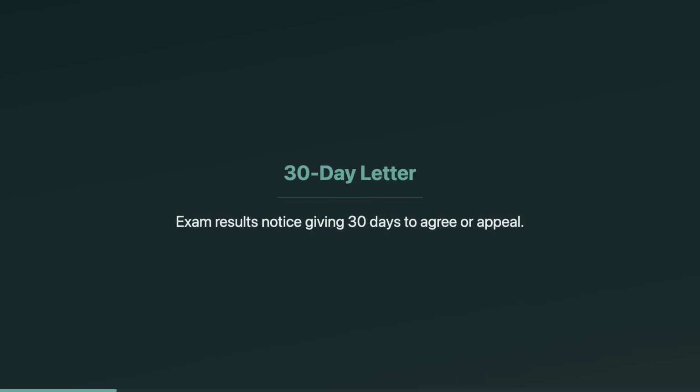After an audit wraps up, you usually get a closing conference with the examiner. Then, within a few weeks, the IRS sends what everyone calls the 30-day letter. This is your first big act now moment. On the EA exam, they love asking what's in that packet and what the 30 days actually means. It's your window to agree or to request IRS appeals review.